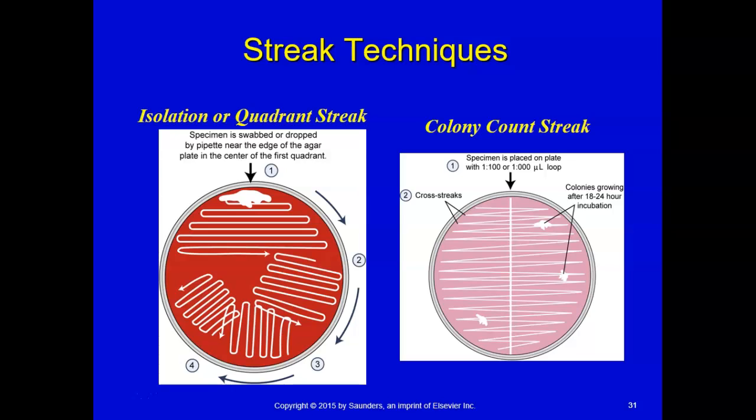And there's a technique to it. It's kind of like trying not to put marks in Jell-O because you don't want to tear up your agar. That makes it dry out more. So we're going to practice. So your sample would go here, and if it's a swab, you would just roll the swab back and forth in this first area. Then you would take your sterile loop and try to drag it out in the